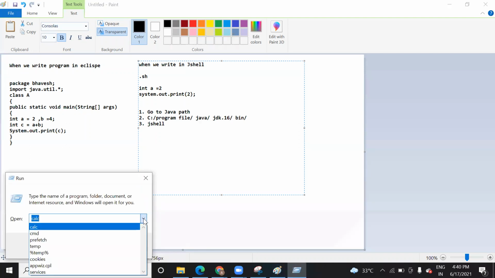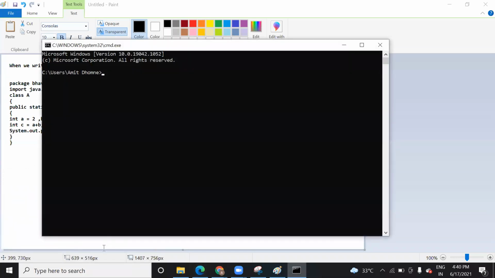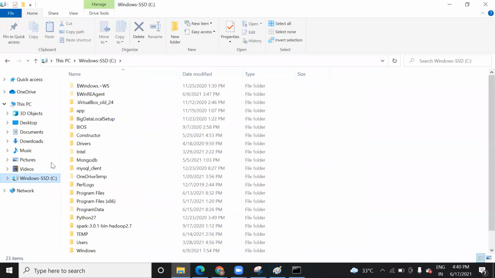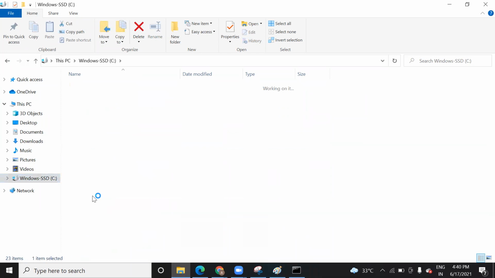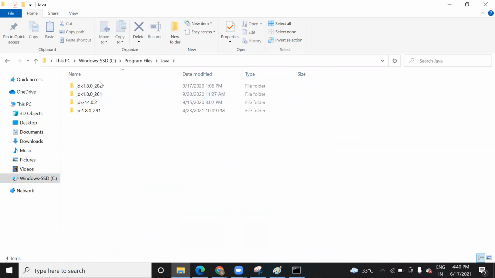Go to the command prompt, then I will show you the path to the C drive. Inside the C drive, in Program Files, you see the Java folder. As I have installed multiple JDKs in my system, because to work on different projects you might sometimes need the latest JDK, or sometimes have to check with the old one, I use the 14th JDK.